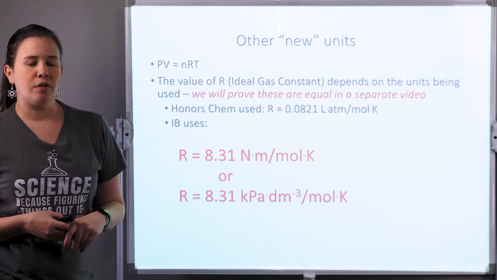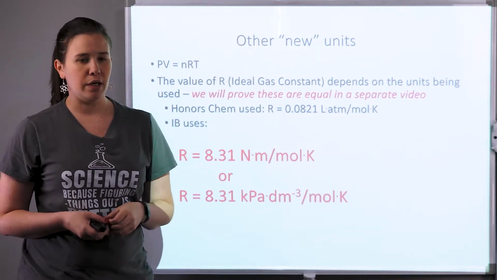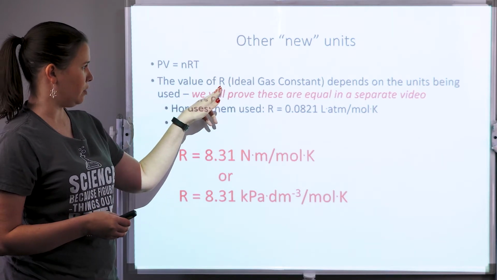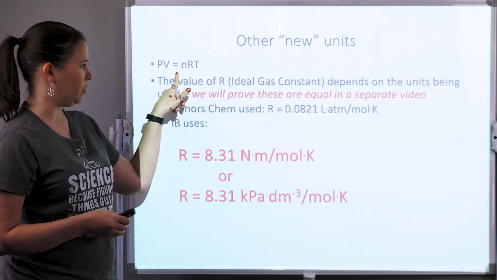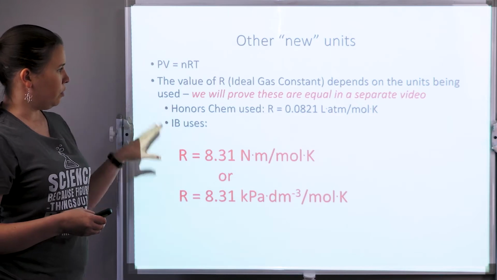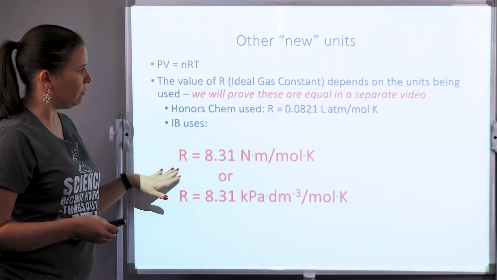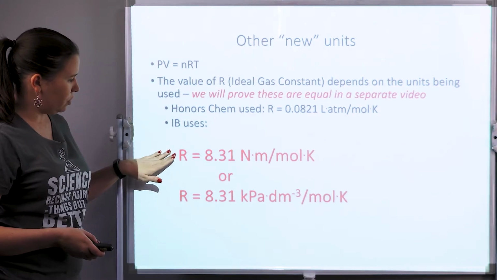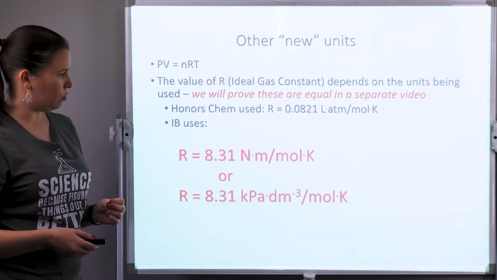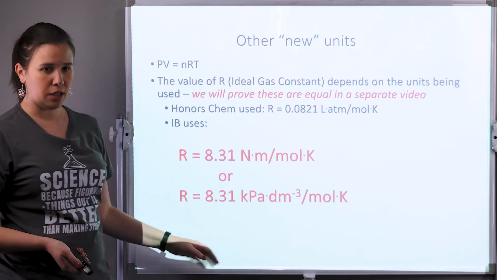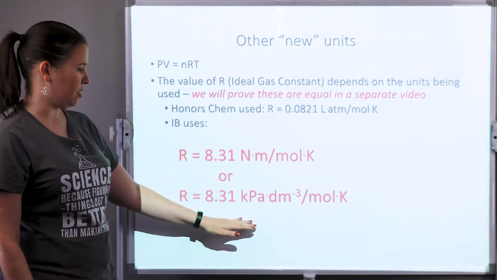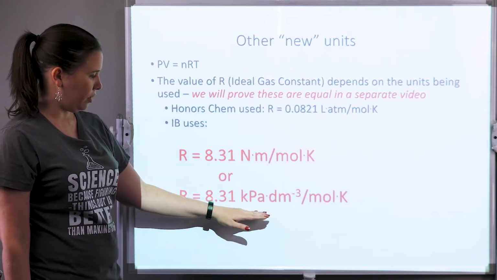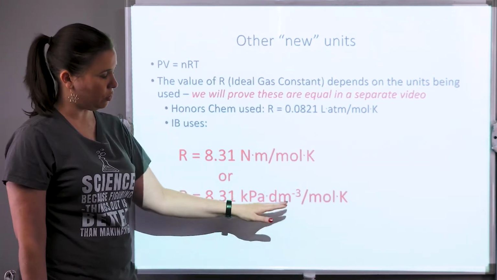Now there are a couple more things that are a little bit different unit-wise when we're talking about gas laws, and one of the big ones is the ideal gas law constant, R from PV equals nRT. We are going to walk through how you can derive these so you can go from one to the other. The IB data book is going to give you the first one, 8.31 Newton meters per mole Kelvin. But another one that actually comes up, I think, almost more often, that you'd have to memorize or be able to derive, is 8.31 kPa decimeter cubed